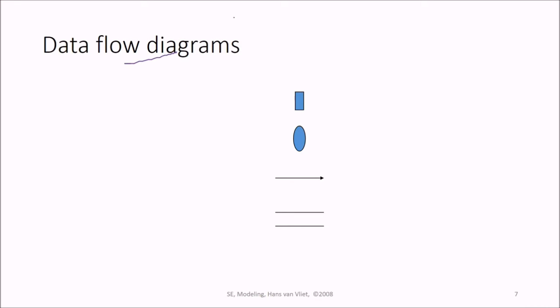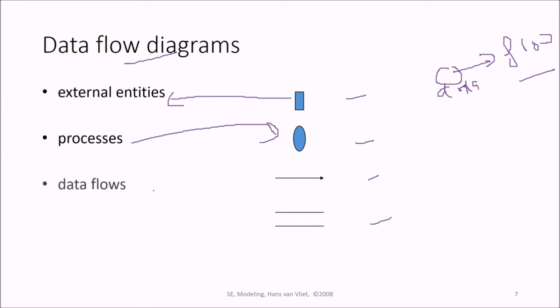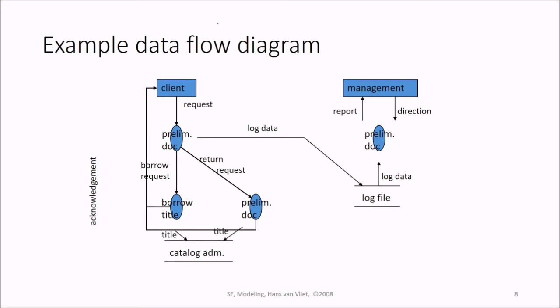Now we come to DFD, data flow diagram. In a data flow diagram, essentially we are talking about the data and how it is going to flow. It is a sophisticated version of the flow chart we used to learn in our earlier classes. These are the various notations used in our DFDs. So these are the external entities, these are the processes, these are the data flow directions, and these are the data stores. This is an example data flow diagram. See, a client which is an external source, this is a process. Now it is saving or taking log data.